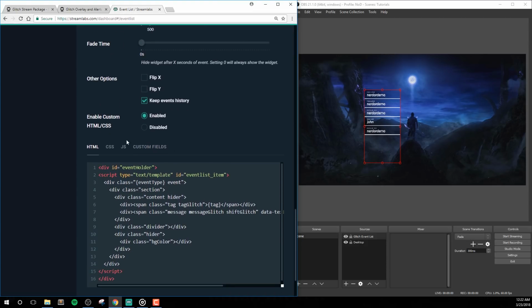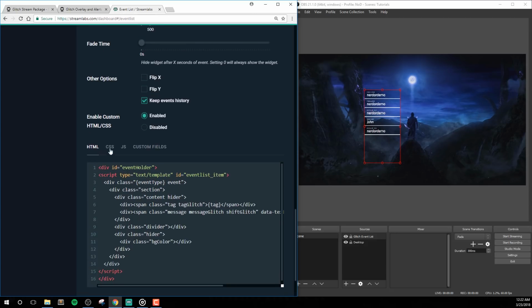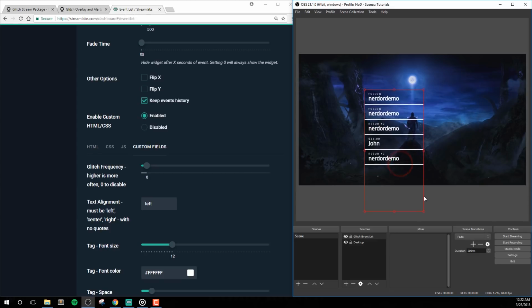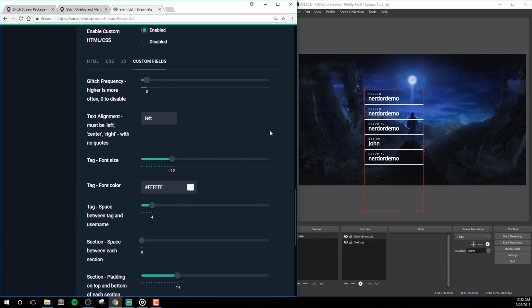And then the last part of this is the HTML and CSS options. Please do not touch these unless you know HTML, CSS, and JavaScript. Otherwise, you could cause the widget to not work properly, and generally we don't support custom changes. On top of the base options for Streamlabs, we created custom fields that you can use to edit this package even further. Click the Custom Fields tab to begin, and please do not click the Reset Code or Remove Overlays